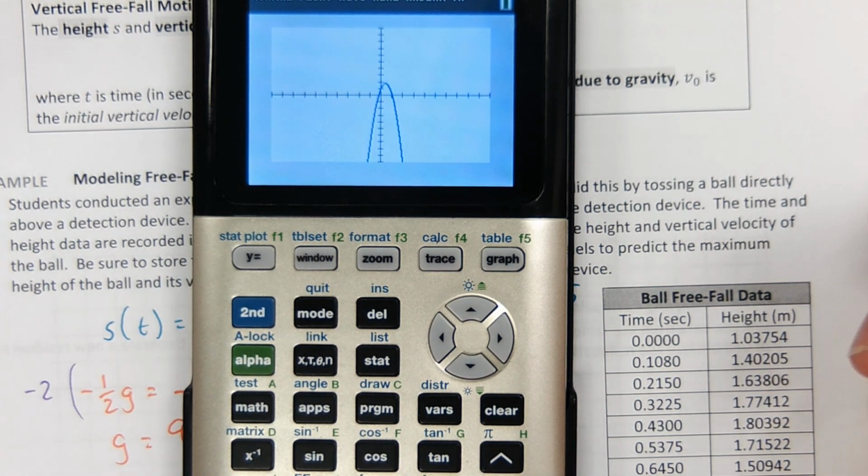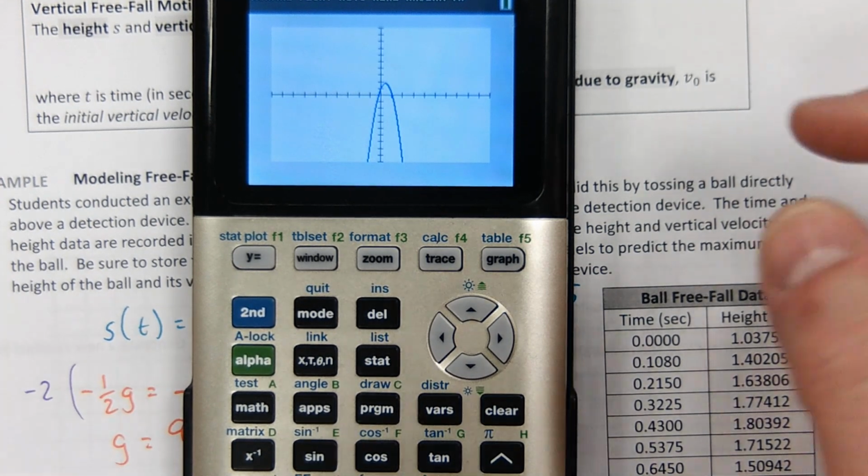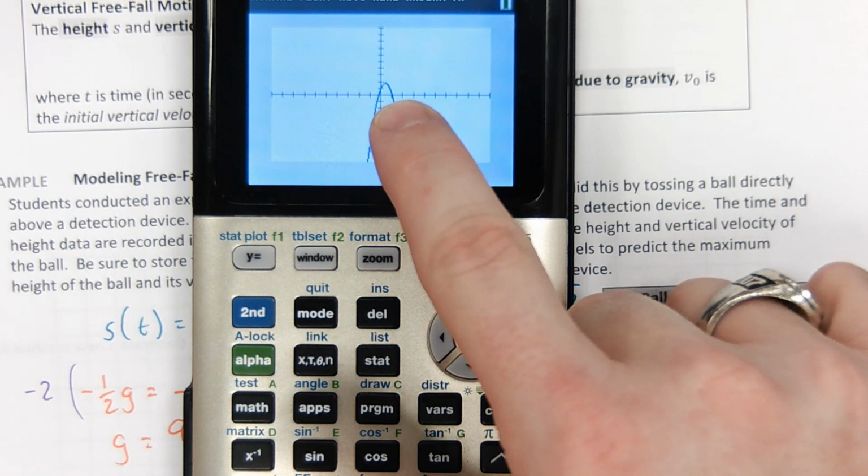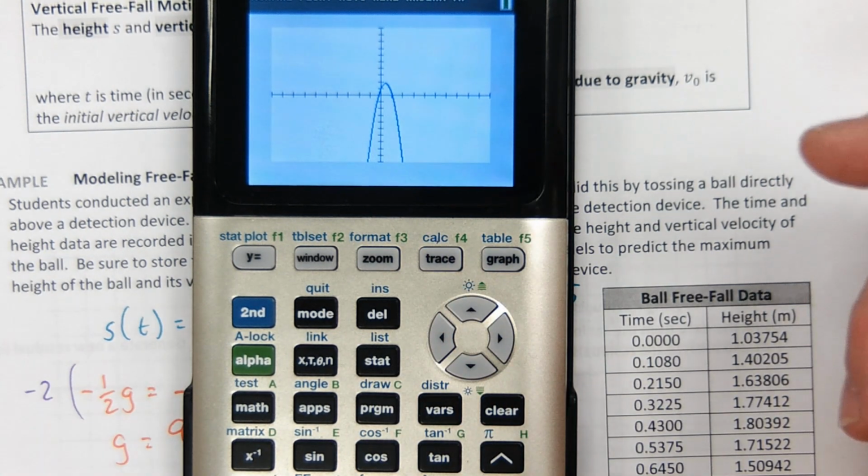Our window is way too large. First of all, this isn't Back to the Future, so there's no time travel. Our x minimum on our window should be 0. Our x maximum should only go a little bit past x equals 1. Look at our y values. They don't go above 2. And since this ball is not going to blast right through the collection device and then go through the table,